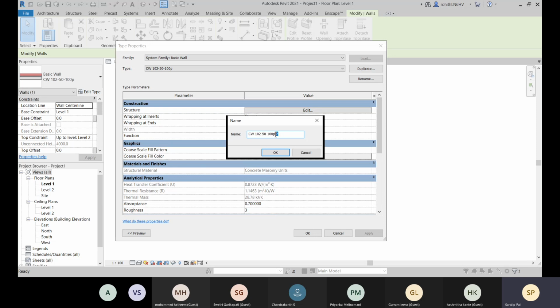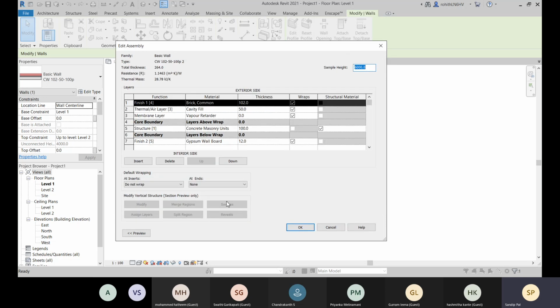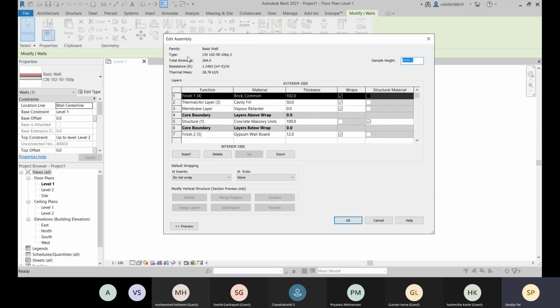Okay, so let's go with this name. Now within the structure, go for this edit. Here you can see the type name at the top. If you follow my mouse pointer, you can see that it is named accordingly, CW compound wall 102 50 100.